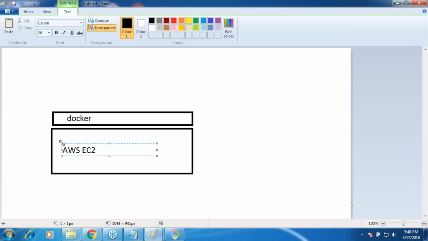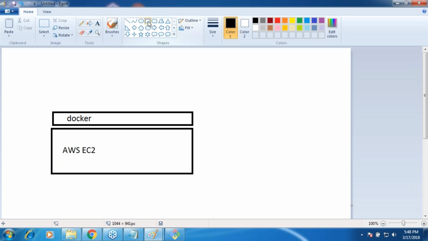In this, I have created a container using Docker run. But in this machine there is some folder which might be important, because tomorrow if this container is killed or crashed for some reason, I don't want the data to be lost. Whatever data this application generates, I want it on my physical machine.